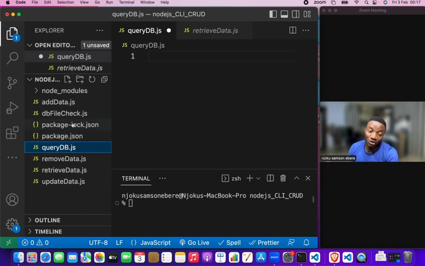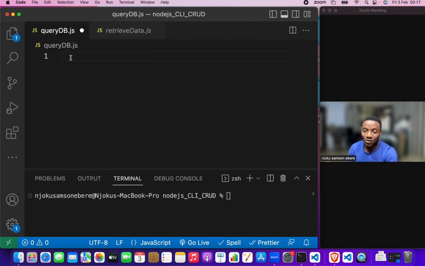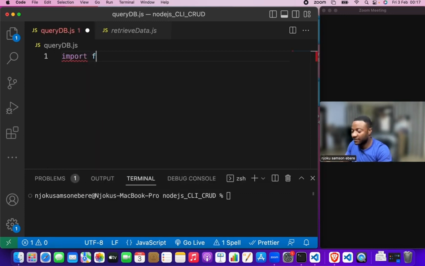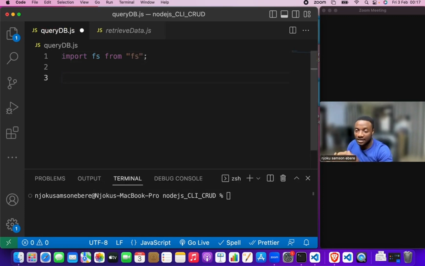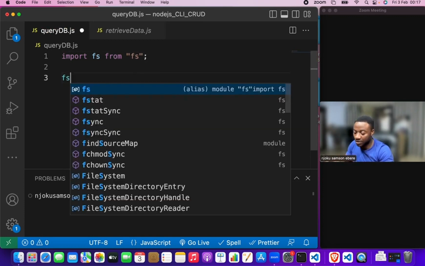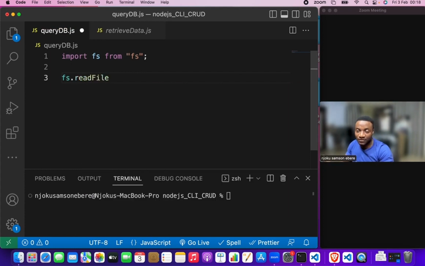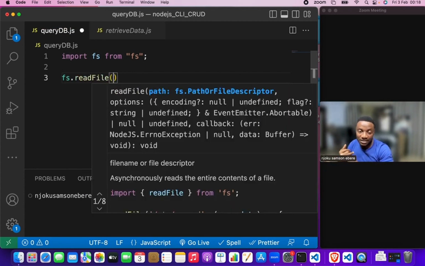Remember that we do not have the db.json file, right? So we'll still try to read the file just to show you how it behaves, what happens when we do that. So I will first import fs from fs, and then fs provides us with a method known as readFile. The readFile takes in the file name and then a callback function that either throws an error or returns the data that exists inside that file. So the file we want to look at is db.json,